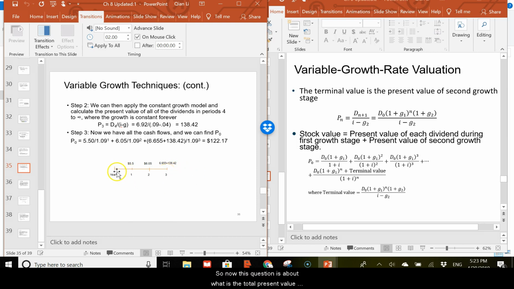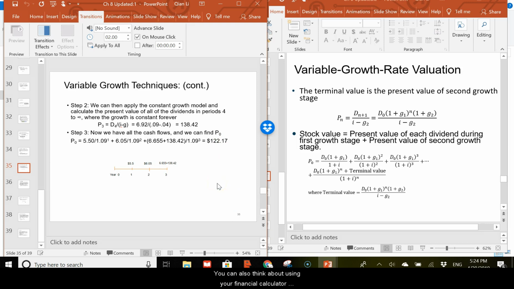So now this question is about what is the total present value of all these cash flows in the next 3 years. At this point, it should not be very hard for you, because you know from chapter 5 how to calculate the total present value of these multiple cash flows. The final result for P0 should be